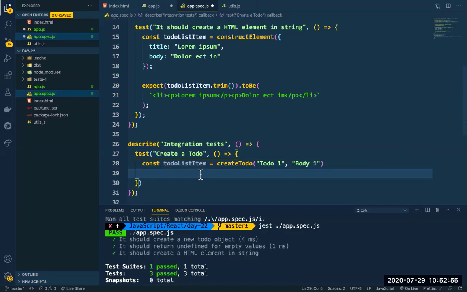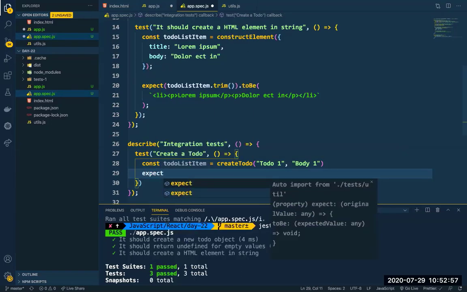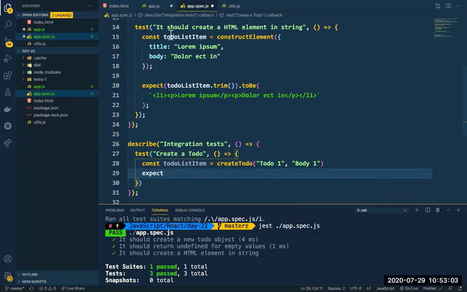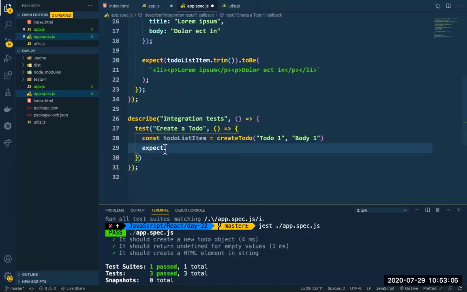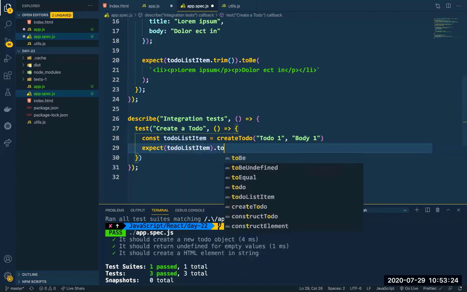All right. So I'll just say expect. Let me cancel them. Actually, the reason why it is getting auto imported is because it is thinking that there is a method called expect in one of my folders, which is obviously true. That is why it is importing that version of expect. If I delete that, the auto import recommendation will go off. So yeah, expect to-do list item to be,